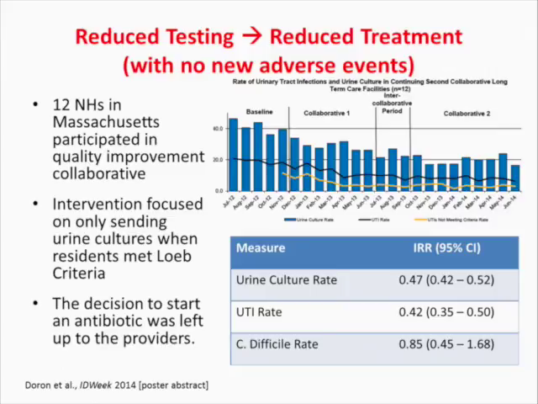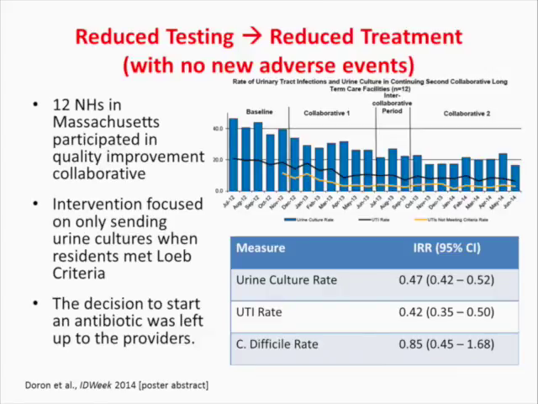And if the resident didn't meet criteria for starting an antibiotic or sending off a urine culture during their communication with the provider, they would explicitly state that in this situation, the resident probably doesn't need a urine culture to be sent. It's important to note that this intervention only focused on the urine culture decision and had no direct influence on the decision to start an antibiotic. And all decision-making was left up to the providers. So this was purely a nursing home staff intervention, and there were no interventions targeted at the providers.